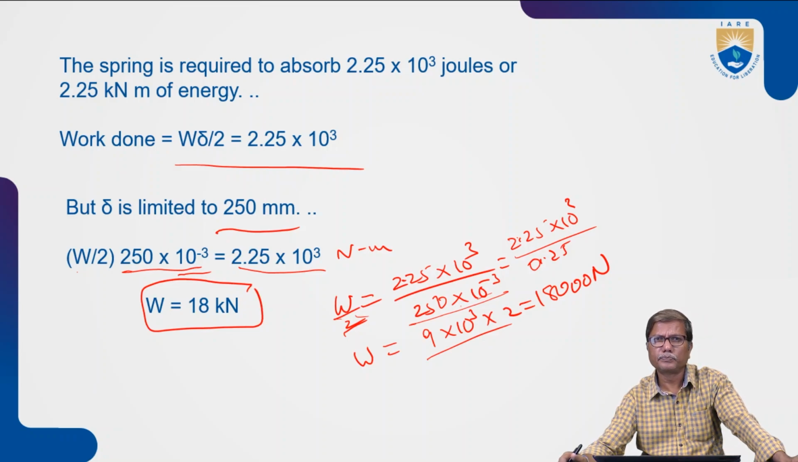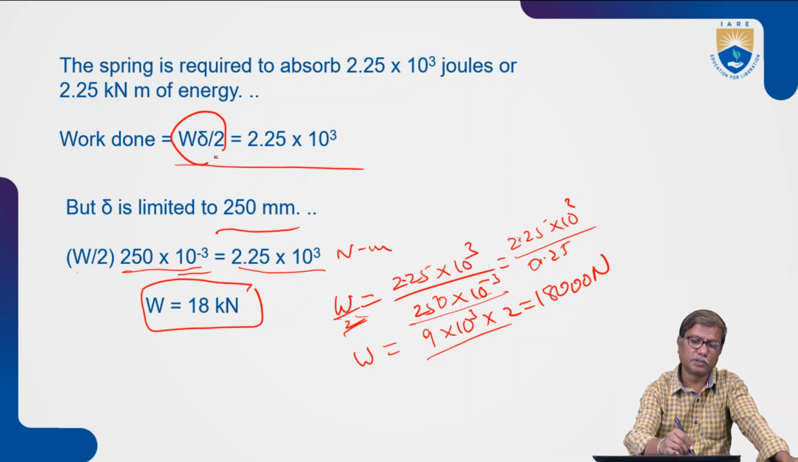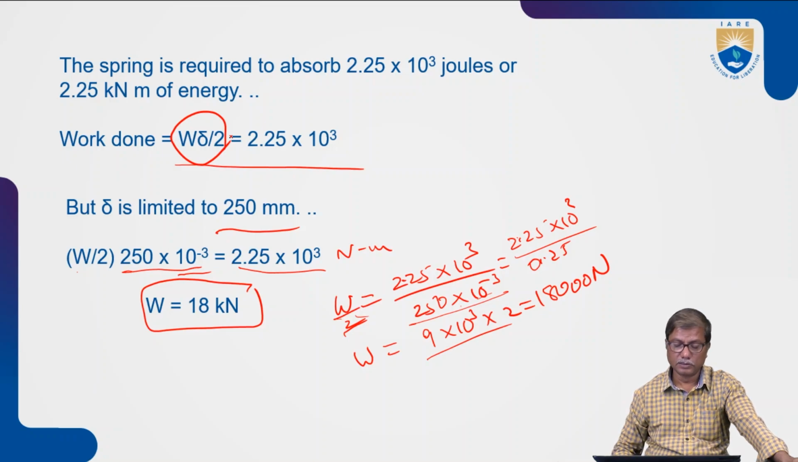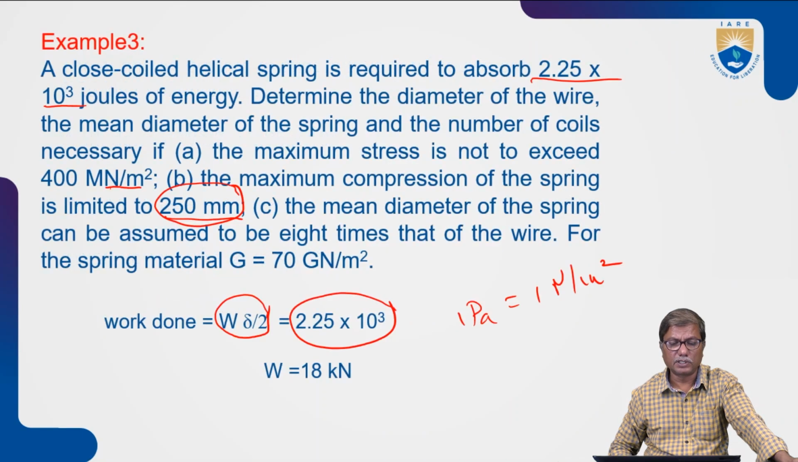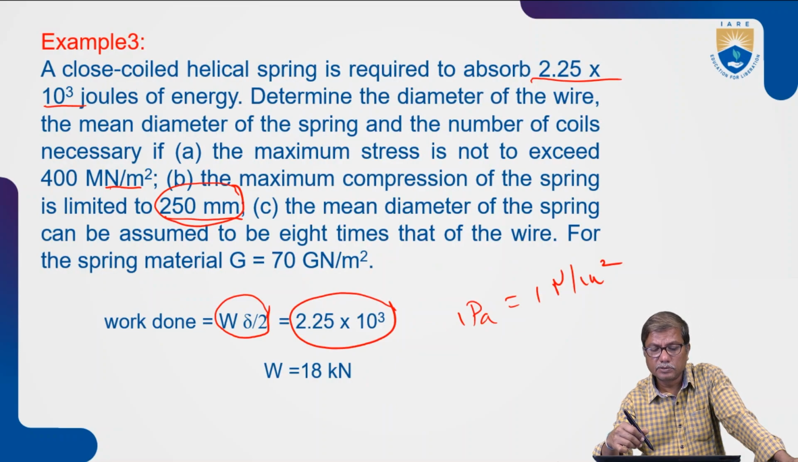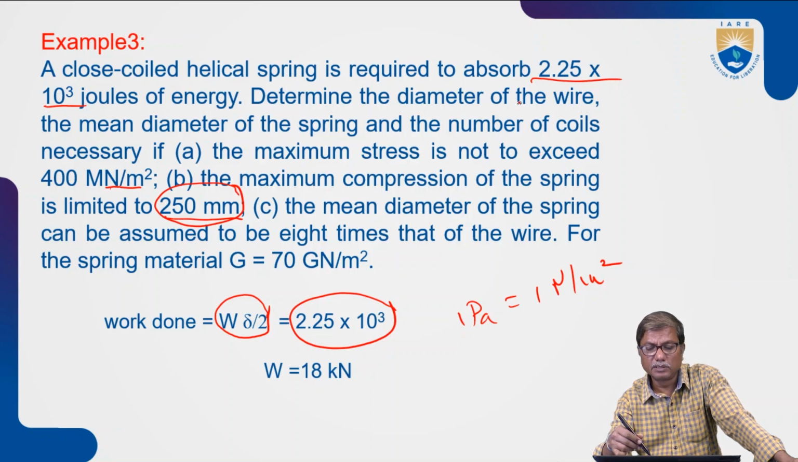The load from this expression is obtained as 18 kilonewtons. This is work done, W into delta by 2. Okay, and W is obtained as 18 kilonewtons. And what else you have to find out? The maximum stress is not to exceed. Determine the diameter of the wire. We have to find the diameter of the wire and diameter of the coil